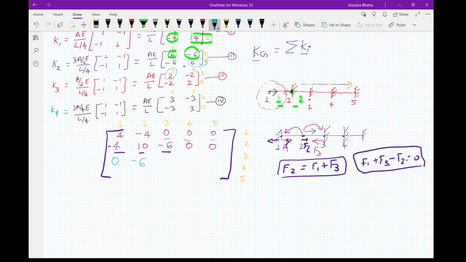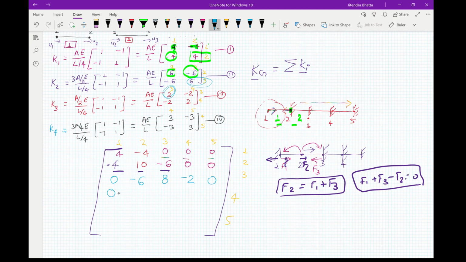You can see that there are two 3-3's here, this one and this one. So add those up, you get 8, and then there's 1-3-4, that is minus 2, and there's no 3-5. So for the fourth one, 1-4 equals 0, and then 2-4 is 0, you go 3-4, you get minus 2, and then 4-4, you can see there are 2 of them, so this will be equal to 5,